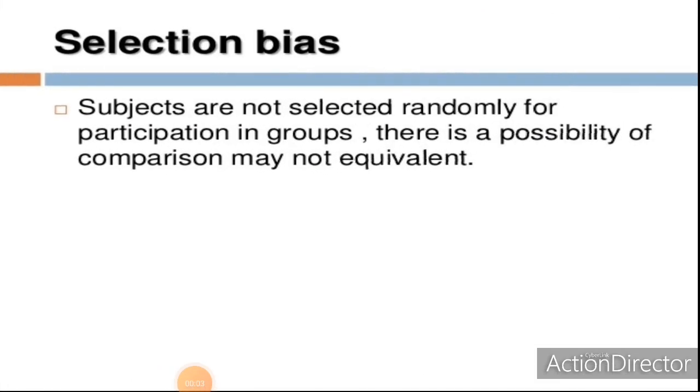Now the next variable is selection bias. It means the improper assignment of test units to treatment conditions. This problem can be solved by random assignment of test units to treatment conditions. In other words, the researcher selected units which are not adequate for the study. This is known as selection bias. So the researcher must use a random method for selection, and while using a randomization method, there is no chance of bias coming in.